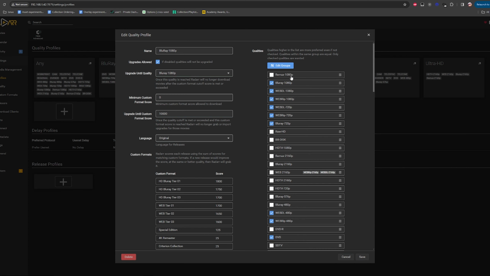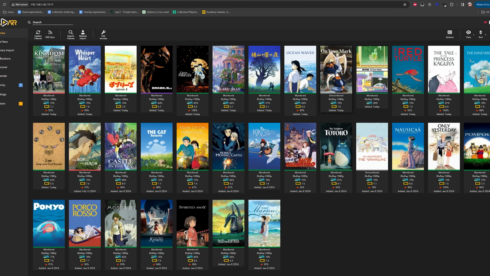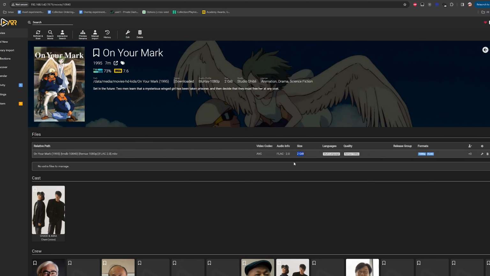And we covered this in the 2 Sonarr and Radarr instance videos. It won't erase, or maybe it was a Trash video. I don't check one of them, but it won't get rid of it if it's already on the drive as a Remux. But just in case, I unmonitor those movies because, hey, once I have the Remux, what the hell do I need the Blu-ray for? You know, I mean, assuming it's not a super big movie. So in this case, On Your Mark, it's a 2 gig movie. How much space am I really going to save with the Blu-ray?